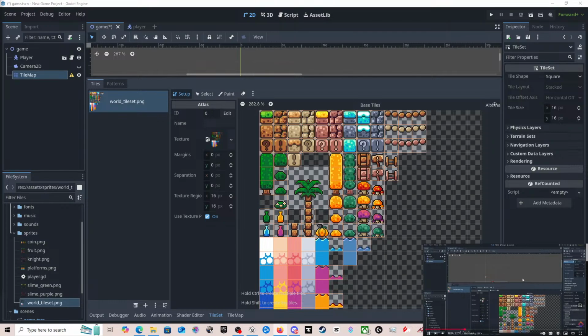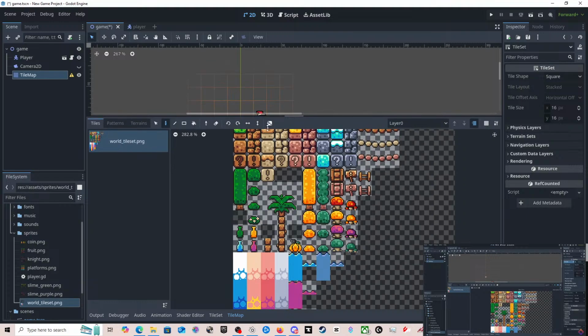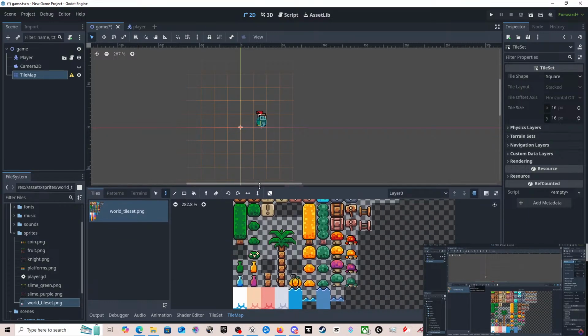Because it allows us to create trees of varying heights. I'll show you this once we start painting. Other than that, I think it looks good. So with this tile set up, we can now go to our tile map and start painting. Make sure that the scene has the select tool and that the tile map has the paint tool enabled. And now let's simply select a tile and start painting it in. If you make a mistake, you can always right click to remove.